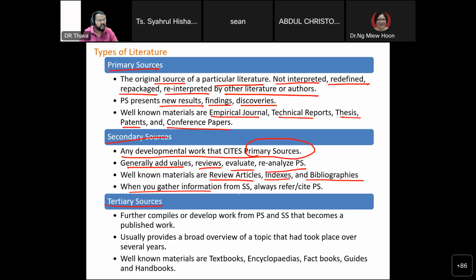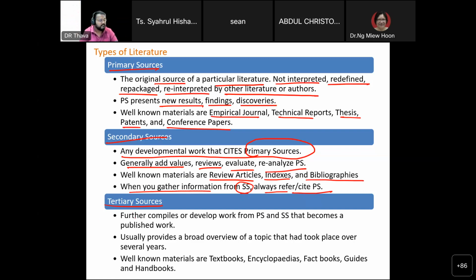When you gather information from secondary sources, it's always good practice lah to refer to and cite primary sources. Sometimes they are not bothered, to be honest with you. Sometimes they don't go to that extent of going reference by reference. But then you get those cycles sometimes, from time to time. Okay, especially in publication. But a good rule of thumb, you better have both: the developed one, which is the secondary source, and also the primary source, the original paper.